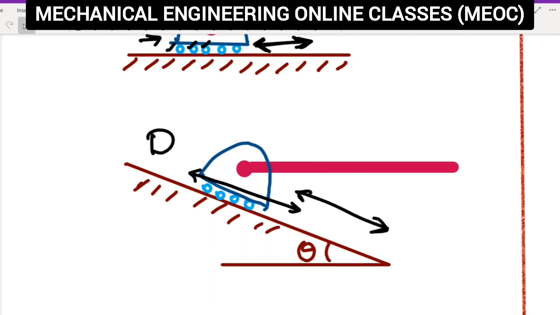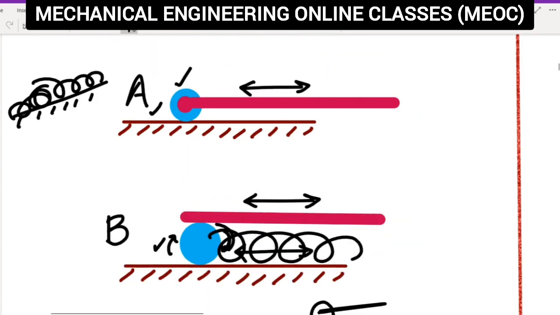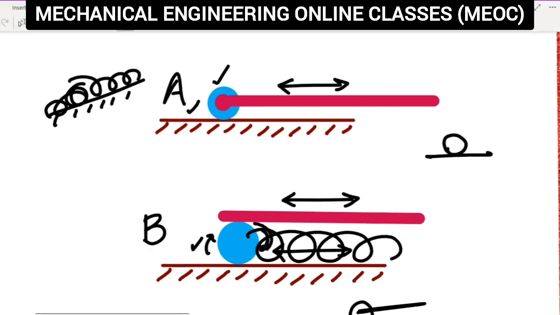So when there is no restriction of motion along the plane on which the roller is kept, there is no reaction along that direction. But there is a roller kept here, and it is free to rotate rightward or leftward, clockwise or anti-clockwise, whatever it is. Therefore there is no reaction from the horizontal direction, but there will be a vertical reaction.